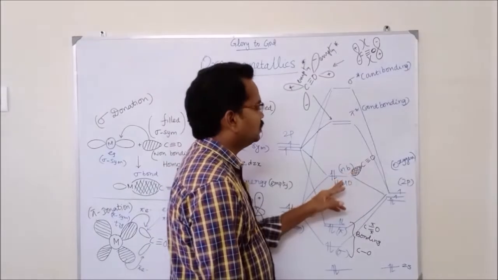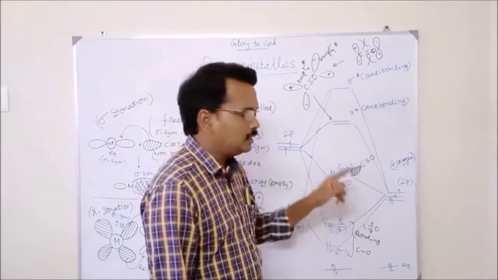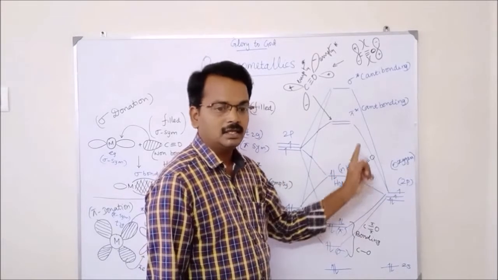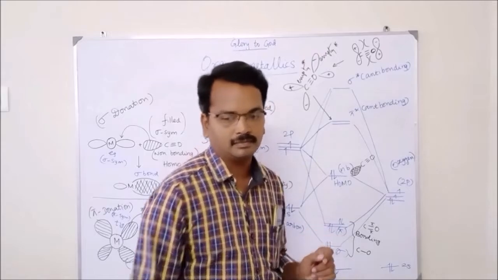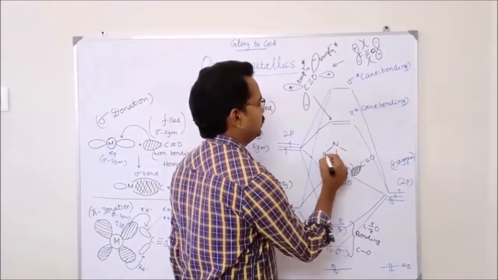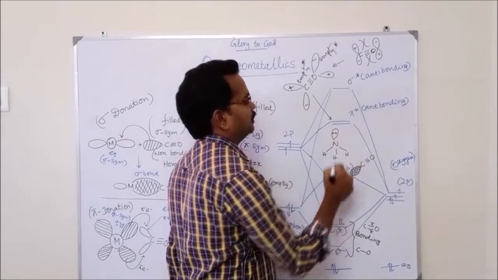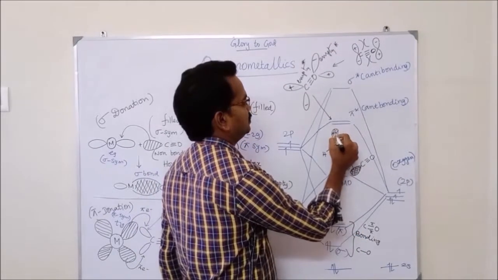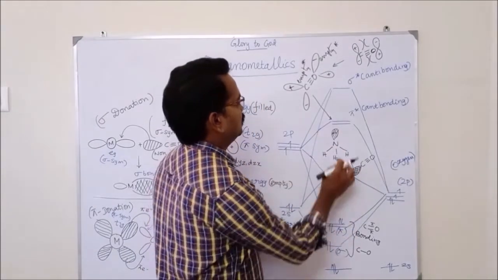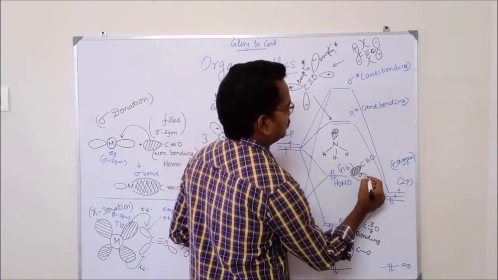This species has one lobe, and that lobe possesses 2 electrons, as we have seen in ammonia. In the case of ammonia, we have 1 non-bonded electron pair, or lone pair. Likewise, the same structure comes here also. So this is called a non-bonded electron pair, and it possesses sigma symmetry.